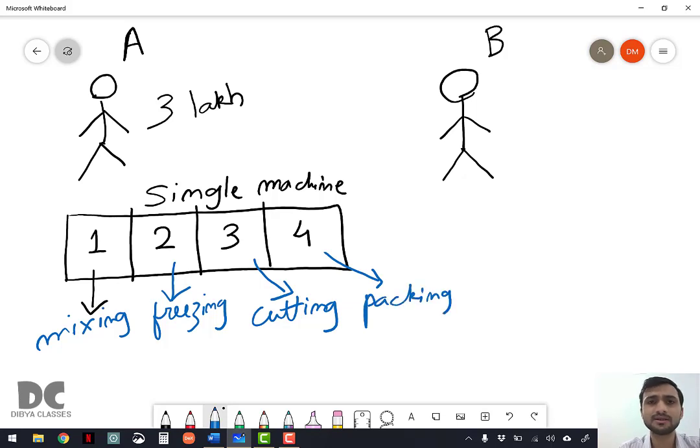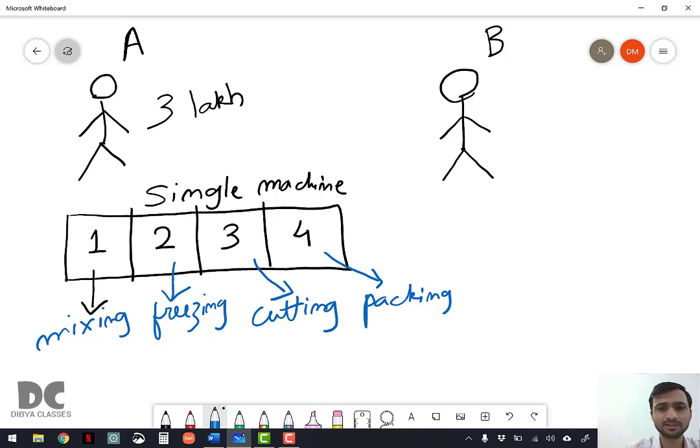So mixing means they're creating ice cream. For example, a normal chocolate ice cream. So mixing means they will mix milk, chocolate powder, okay, sugar, some vanilla essence kind of thing. It will get mixed, right? First it will get mixed, then they will freeze the ice cream, so it will become in solid form, because ice cream cannot be in liquid form. And then they will cut it into different shapes. Ice cream comes in different shapes. They will cut it, and before selling it in the market, they have to pack it. They will not sell it directly. They have to pack it in some beautiful package so that it is attractive, okay.